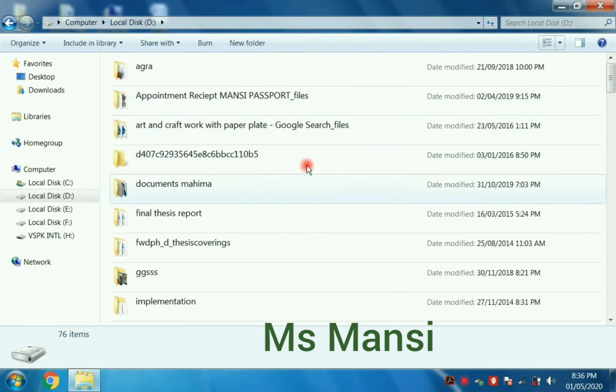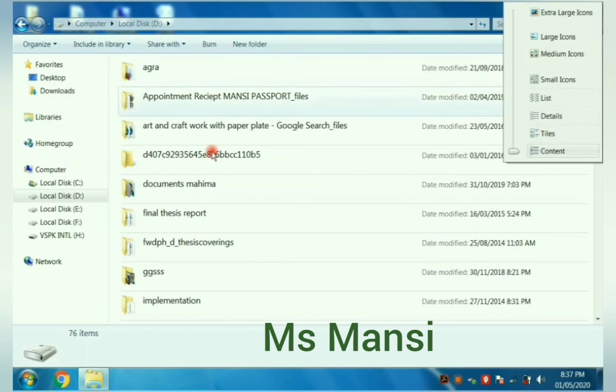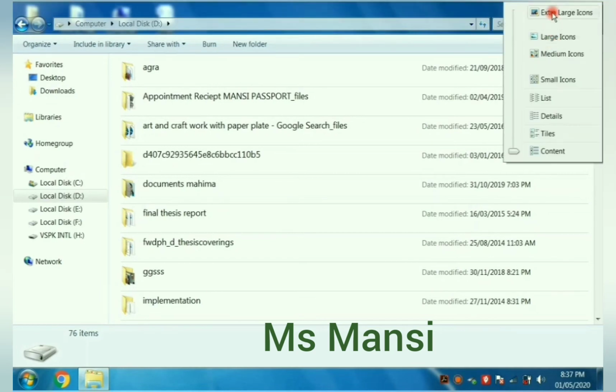Next is content. See, this is the content. Students, when I click on the content view, the items are in the form of rows. It also shows you when your file was modified, the time and date. So this option will show you the various views for arranging your files and folders.